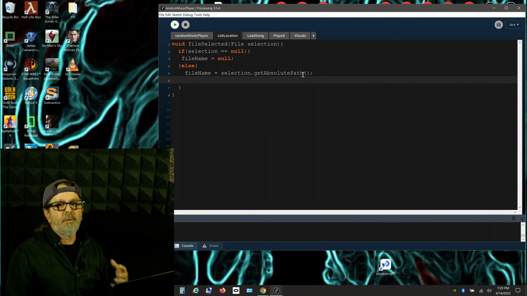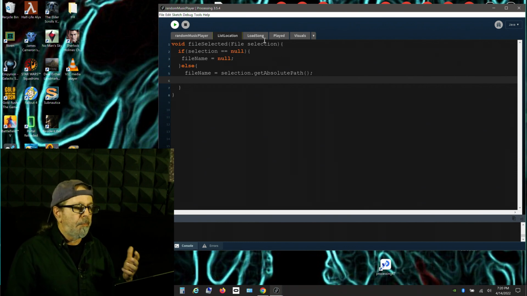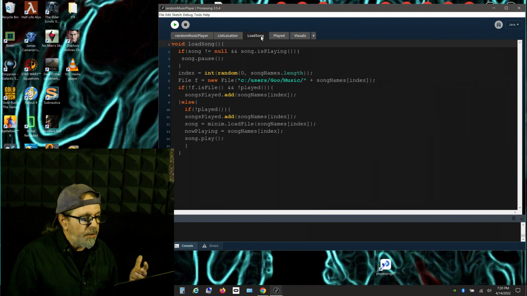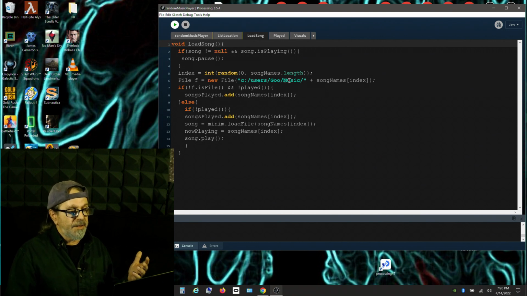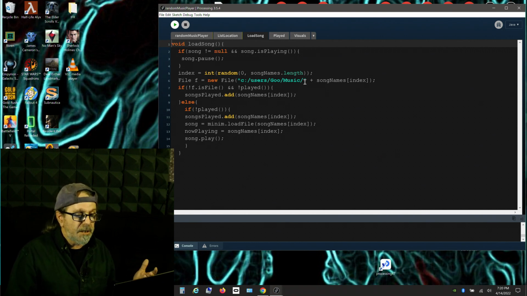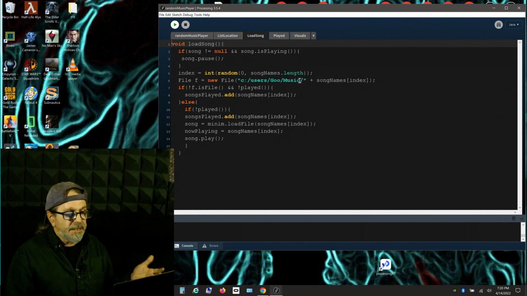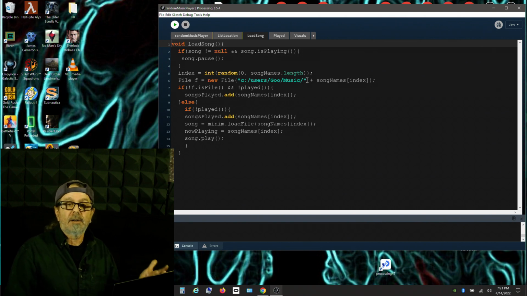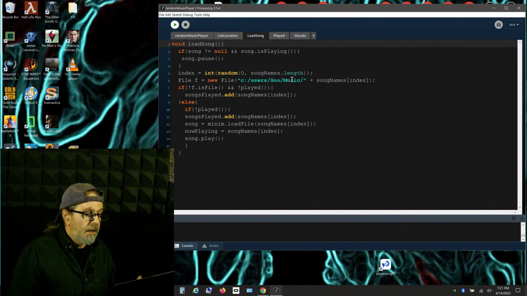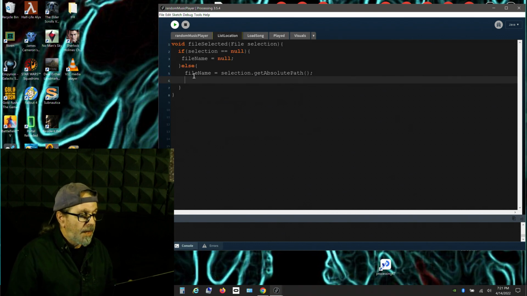And the reason why we're doing that is because when we load our songs, as we have right in this part of our code, in this function, the load song function, we need to replace this with the folder name. It's just much like this, but it makes it more variable, and wherever we choose our list, wherever our songs are. Okay, so we're going to get back to here,